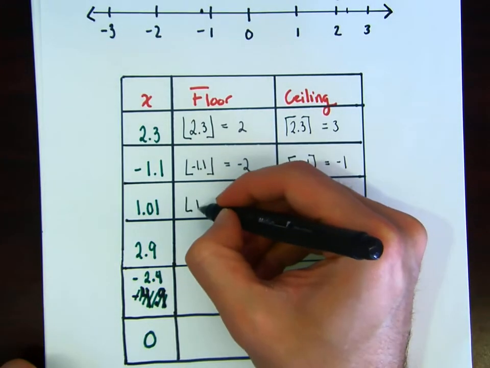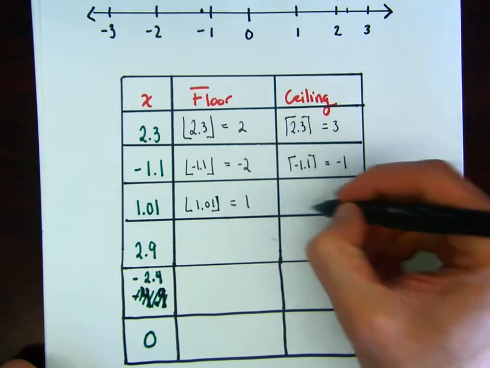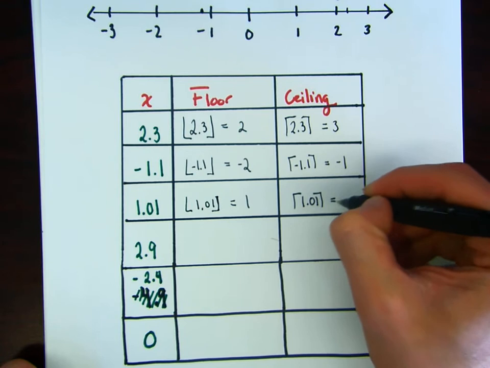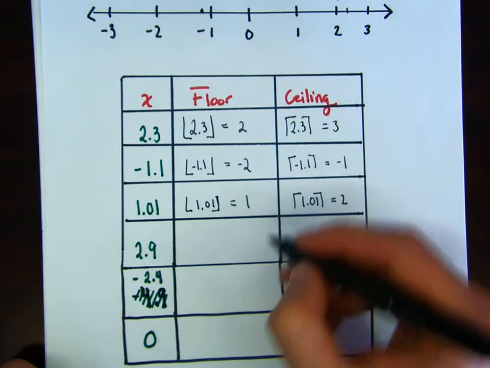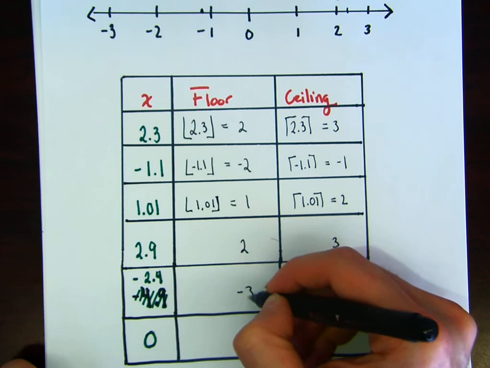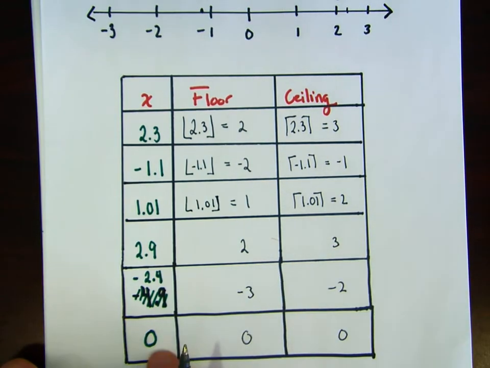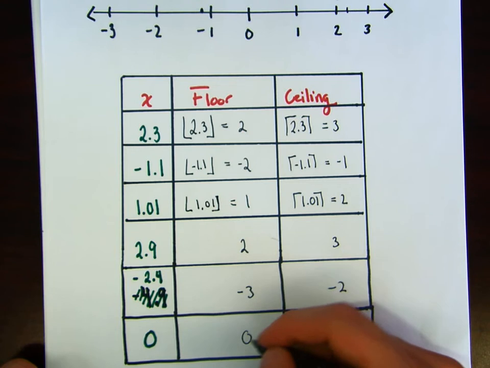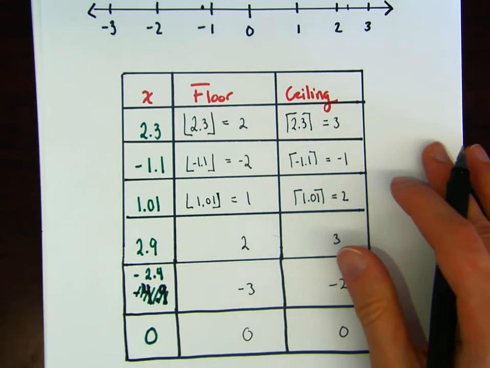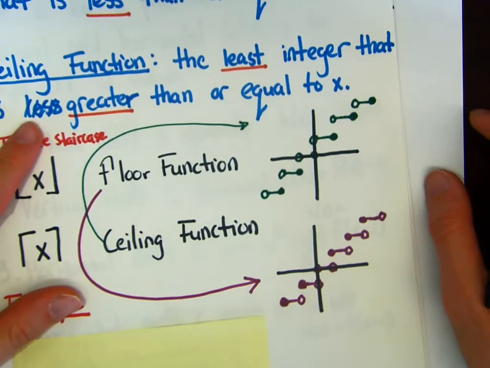Here, the floor of 1.01 would be 1, and the ceiling of 1.01 would be 2. This one should be 2, 3, negative 3, negative 2, 0, 0. Right? If you're at an integer, the floor or the ceiling of any integer is just the number itself. Okay? And the way the graph of it looks like, we're not going to go too in depth in it,